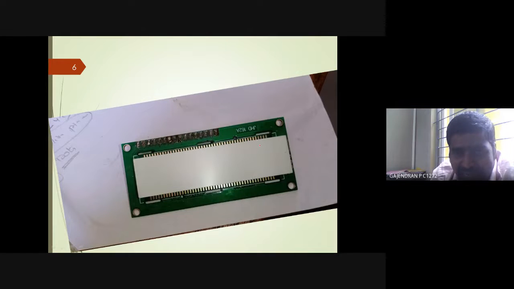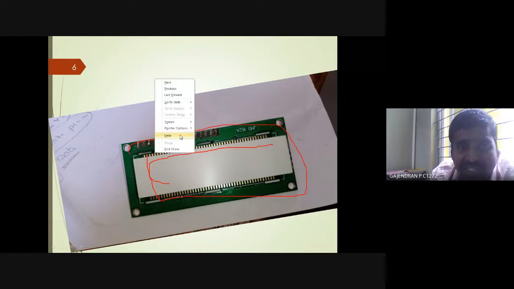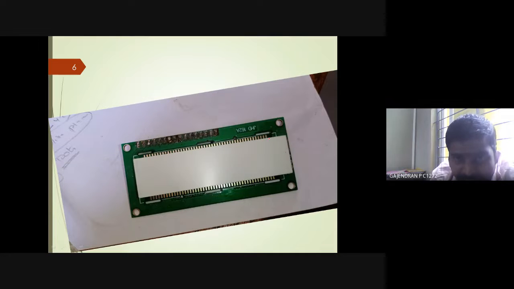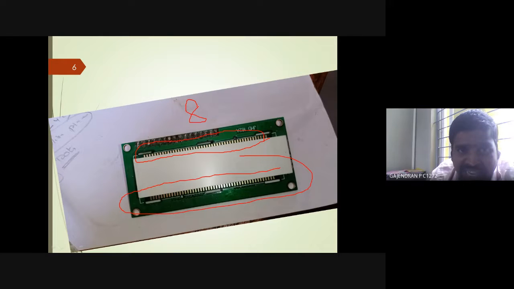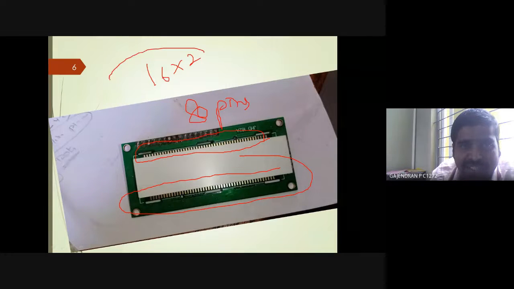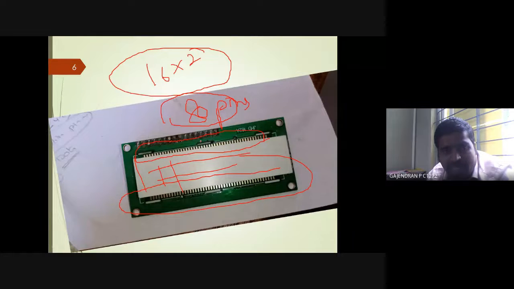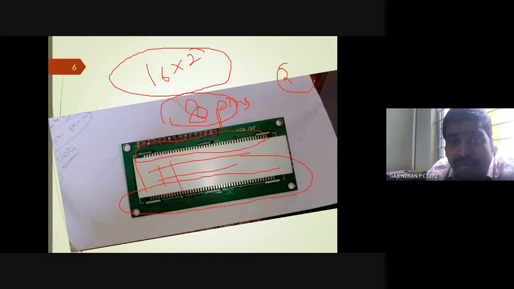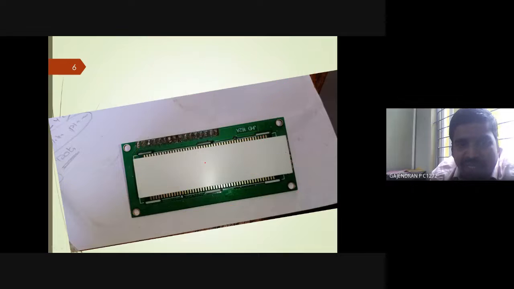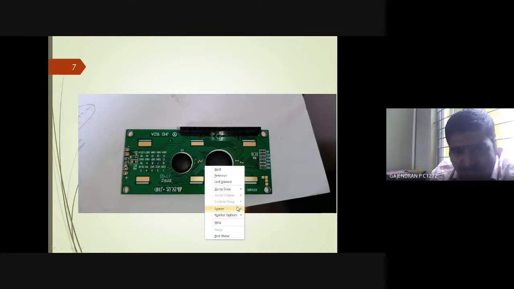Now, so this is your backlight. Here you have a number of pixels. I am going to keep it over this. These things are controlled by 40 plus 40, 80 pins. This 16x2 LCD is controlled with 80 pins. யோசிச்சு பாரு, 2 ரோ 16 காலம்க்கு 80 பின். அப்ப அந்த 2 million dotsக்கு எவ்வளவு பின் இருக்கும் சார்? It is unimaginable. The scientists are too clever. Okay, so backlight, this is your controller,